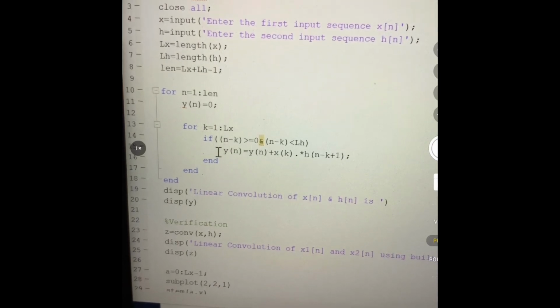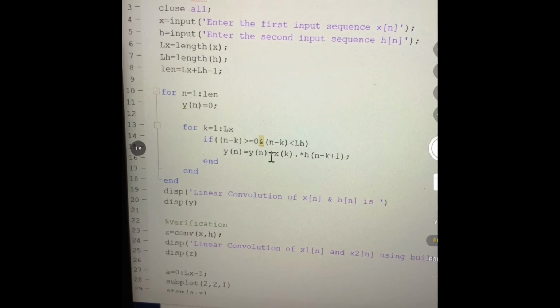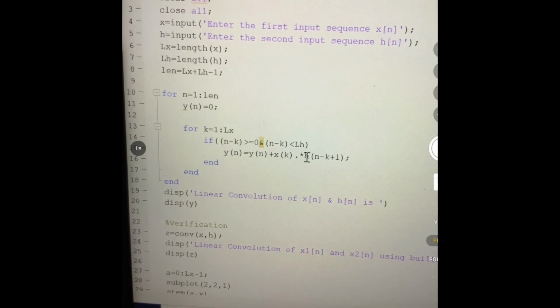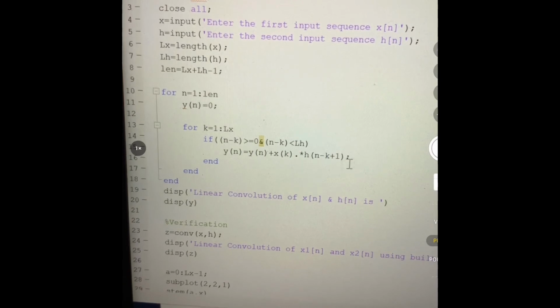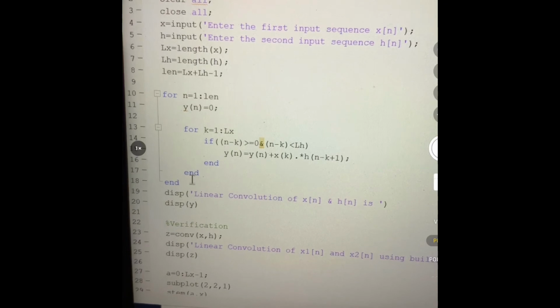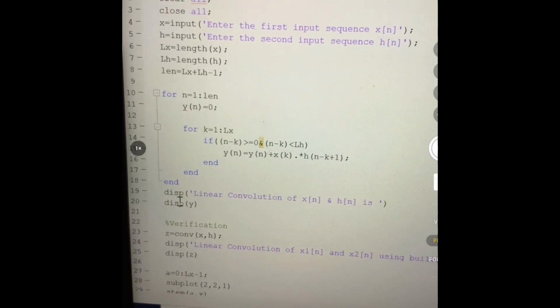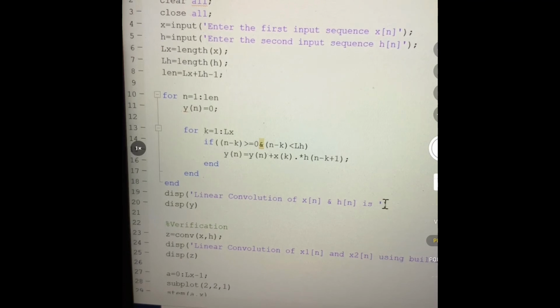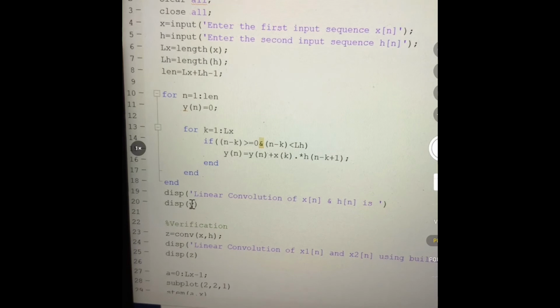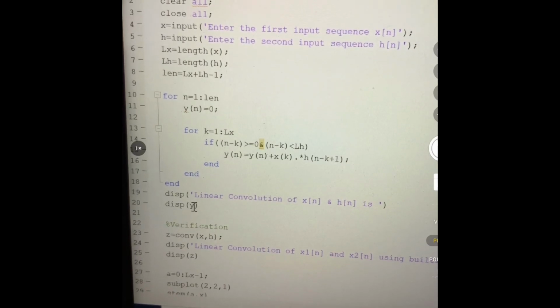So now y of n will be equal to y of n plus x of k into h of n minus k plus 1, and end all the if and for loops. Now this can be displayed using the message linear convolution of x of n and h of n is, disp of y will display the value of y.